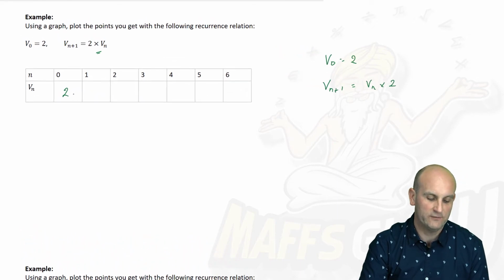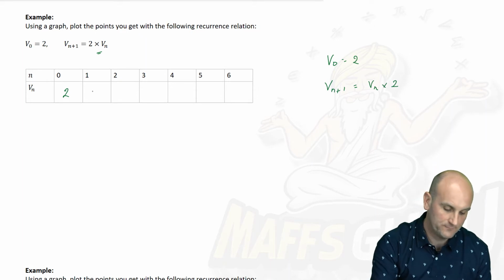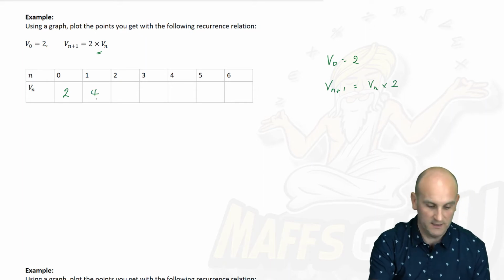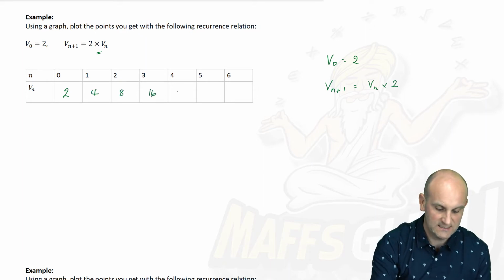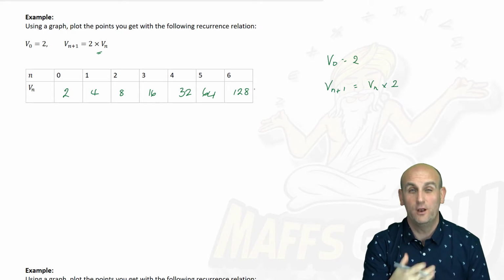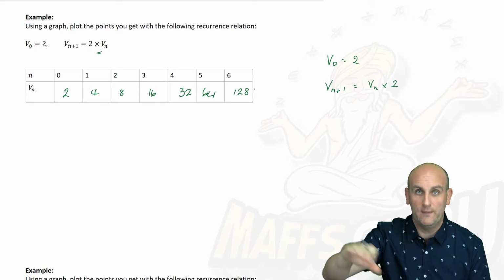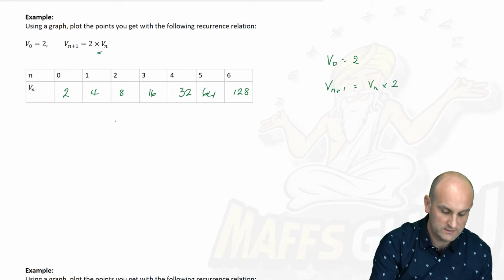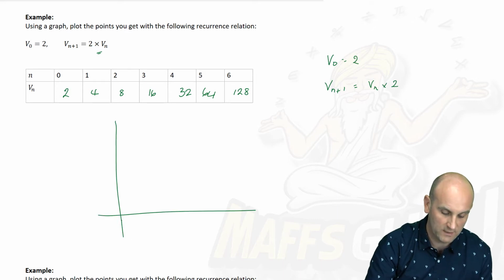Okay, so what do we do now? To get to my next term, I double it. That becomes 4. To get to my next term, I double it. 8, 16, 32, 64, 128. And to be perfectly honest with you, the longer you do this, the quicker that will grow. Now, if we were to actually draw this on some sort of a graph,